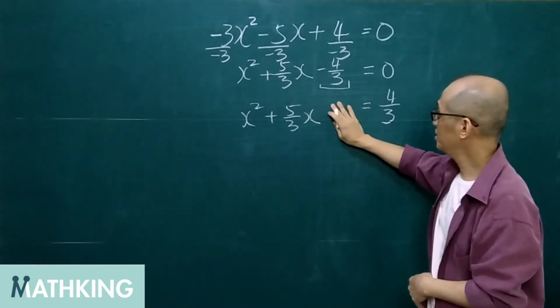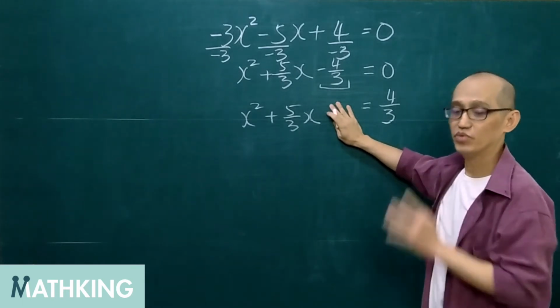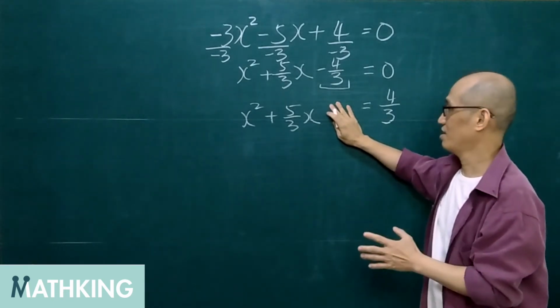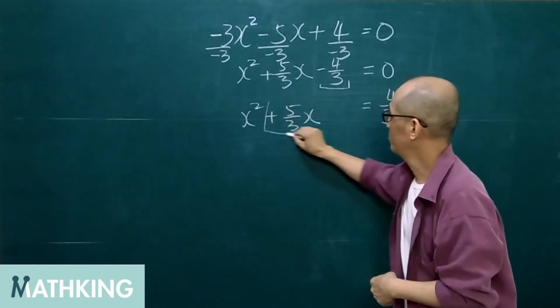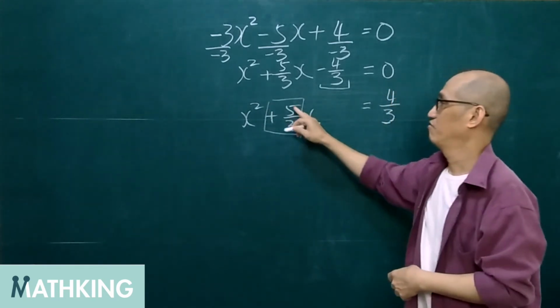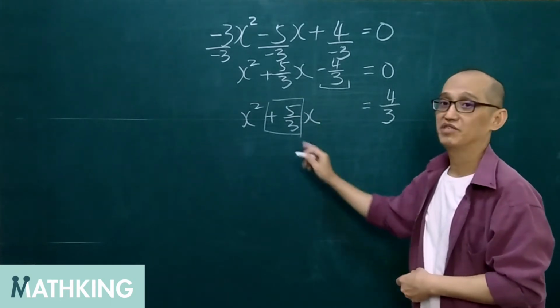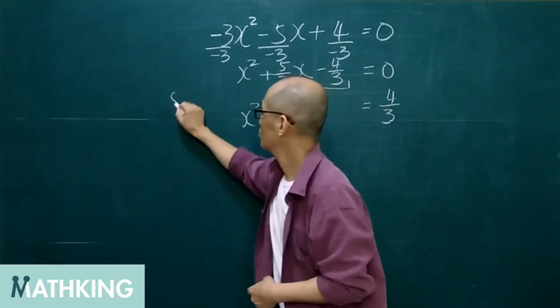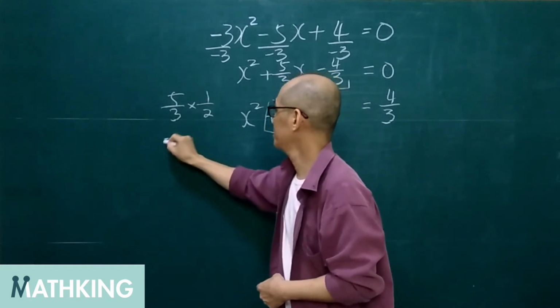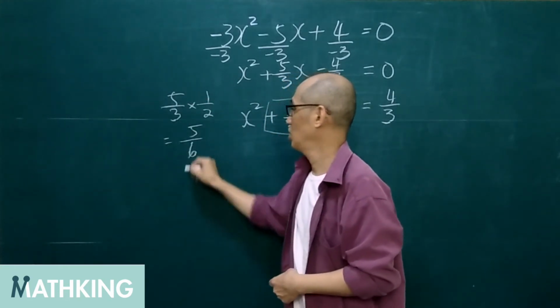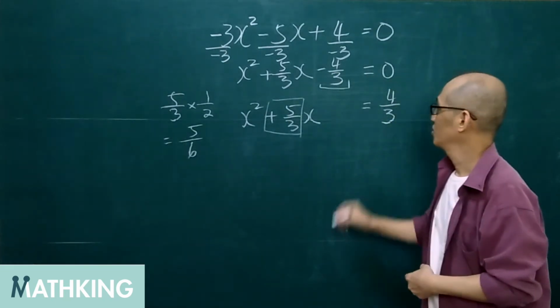What's the number here that we can add so that we can get a square? Well, it's going to be, look at this number, 5 over 3, we are going to divide by 2. So 5 over 3 times 1 over 2, we get 5 over 6. So we are going to add